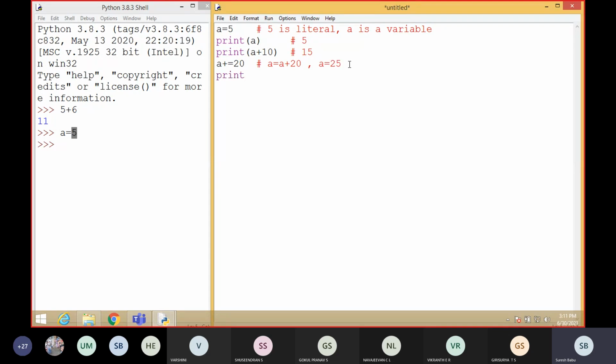So now again if you want to print a, what will happen? It will print 25. Understood? But this statement prints 5, but here we updated the value and then the value becomes 25. Understood, students?